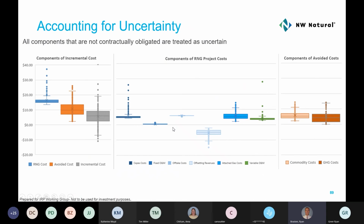Make sure that we're evaluating that. So we won't get into this in a lot of detail today. I'll pass over to Chris, but this just shows the distribution of the different components for one of the projects that we were looking at. Incremental cost, of course, is the cost of the RNG minus the avoided cost of conventional gas, and then you see there's a base case, but then there's a distribution around it where the incremental